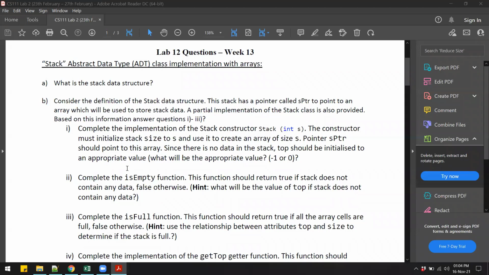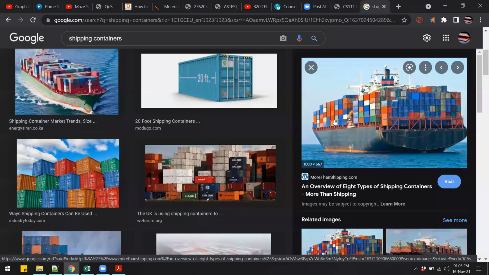You might have seen examples of a stack in your everyday lives. For example, when you put books on a shelf, the very first book that you put on the shelf is the one that will come out last. So suppose you are stacking the books: you put the first book, then the second one, then the third one, on top of each other. And when you want to remove the books, the one that you remove is the one right on top.